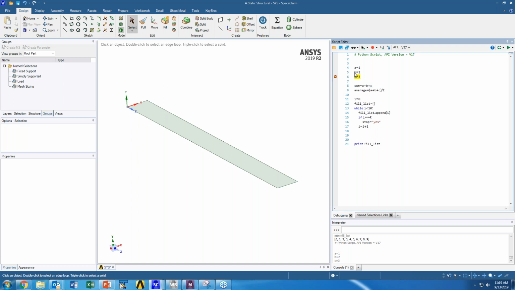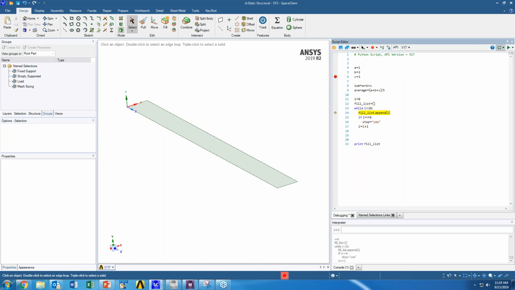A is equal to 1, B is equal to 2, and then if I continue with the script, I can see I'll do a sum operation, I'll get an average, and this average is incorrect because my math is wrong. So let's say I just identified that my average is wrong, so let me stop this. All I need to do to stop it is escape. I'll re-enter the script, continue on. Now my average is fixed.